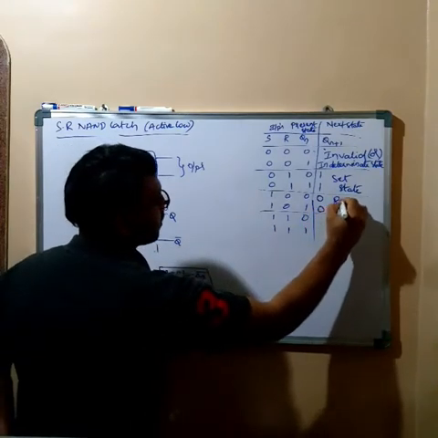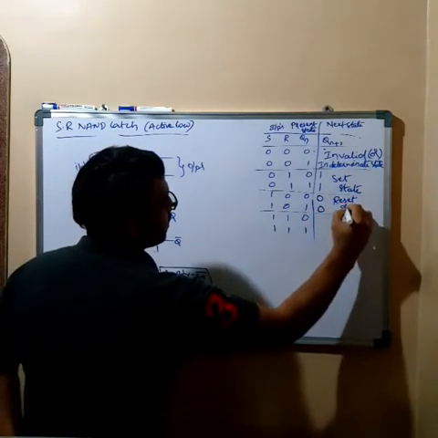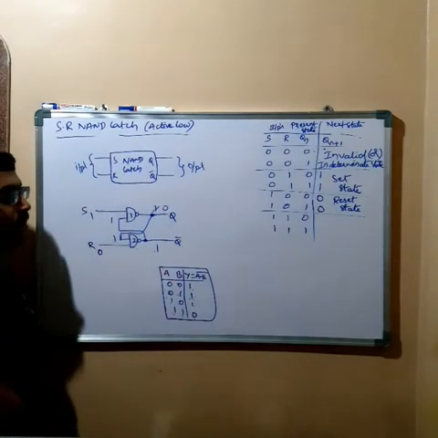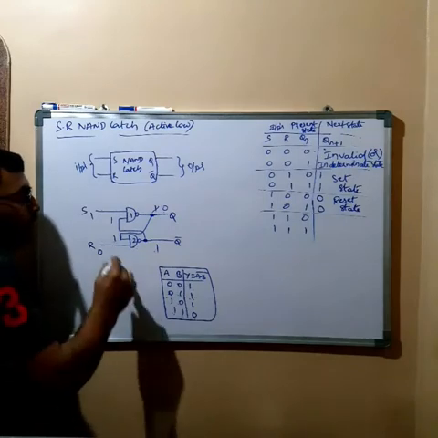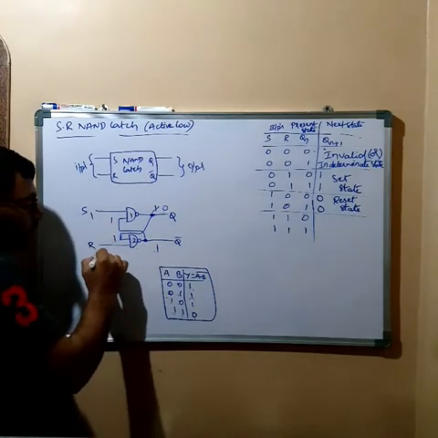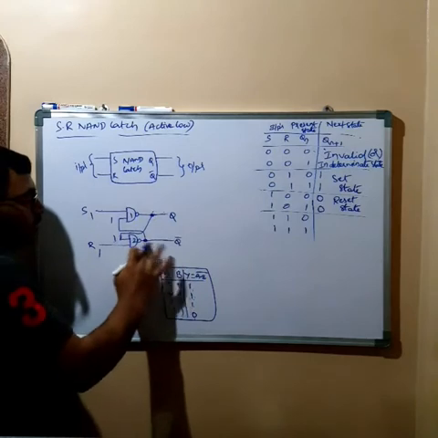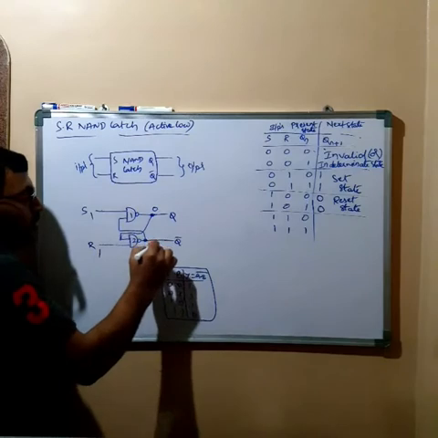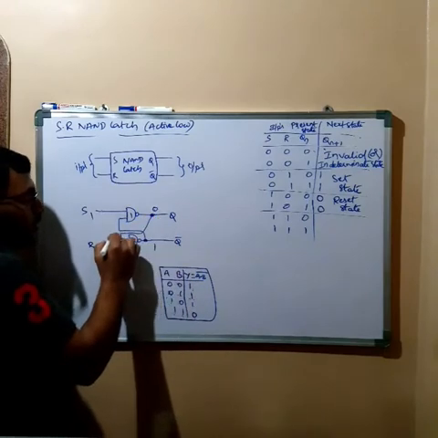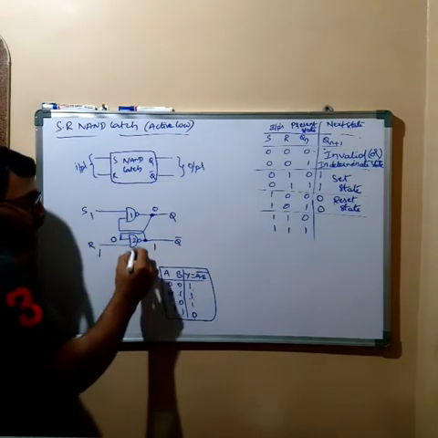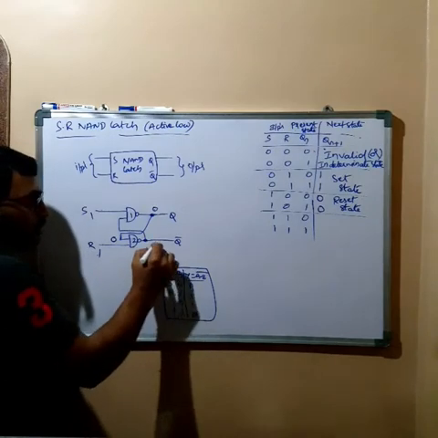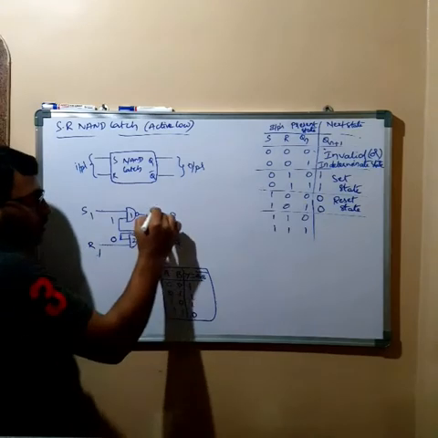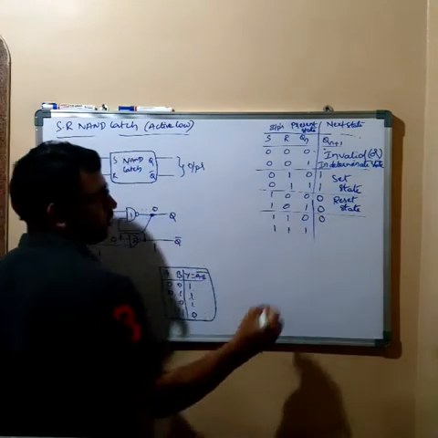You call this a reset state, right? Next, when both inputs are 1 1, if the past output is assumed as 0, the complement of this is 1. 0 1 are the inputs to the NAND gate 2, the output is 1. This 1 appears here. 1 1 are the inputs to the NAND gate, the output is 0. The past output we got as 0.